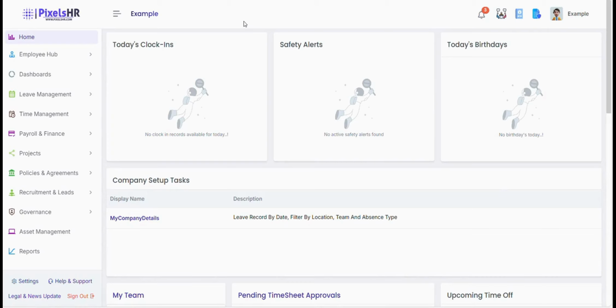How to use the clock in and clock out feature. Now, in reference to the previous video when you were setting up your employee, please make sure that you have set their payroll source as clock in and clock out. Now, to set up clock in and clock out effectively, you will need to set up a work location. To do this, please head over to